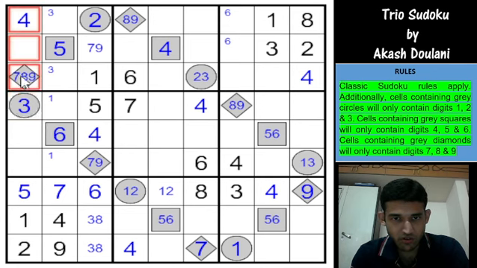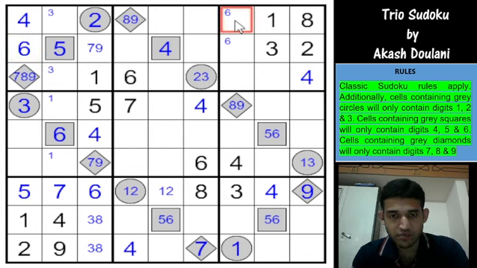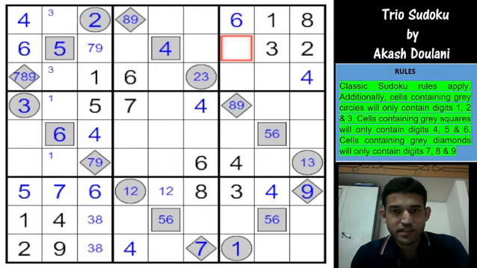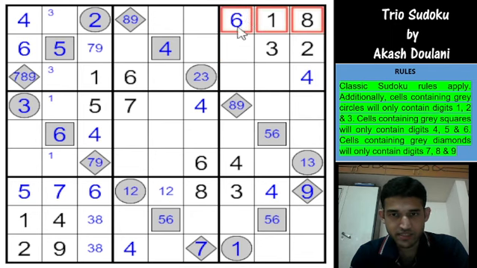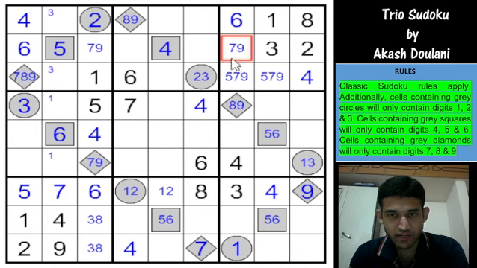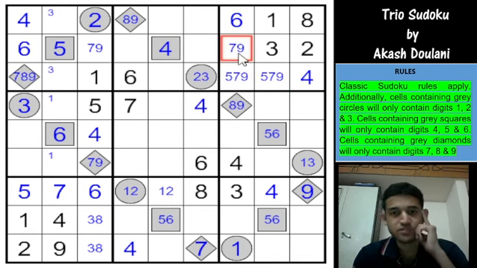Okay, if I look closely at column 1, 6 has only one cell left. Can't be in these two cells, so 6 has to go here. And that gives me a 6 here. Beautiful, guys. So far it's just about finding hidden singles and writing the pencil marks in a clever way. 2 3 4 1 6 8, so this would be 5 7 9 for the box, and you have 5 here, so that's not a 5, so that's 7 and 9.